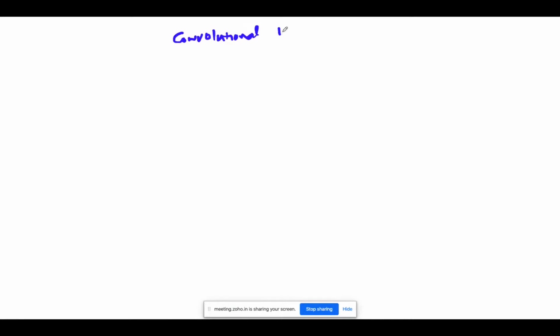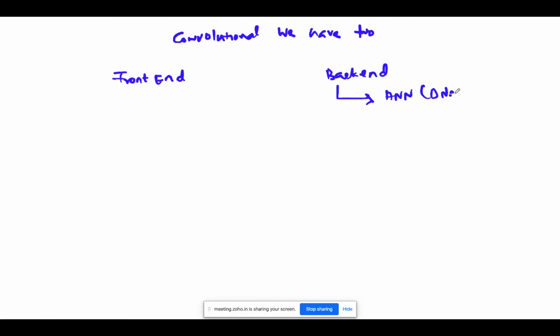In the convolutional network, as I said, we have two concepts: one is the front end and the other is the back end. The back end is used by the neural networks, the DNN, which is used to classify your image or classify the activity.